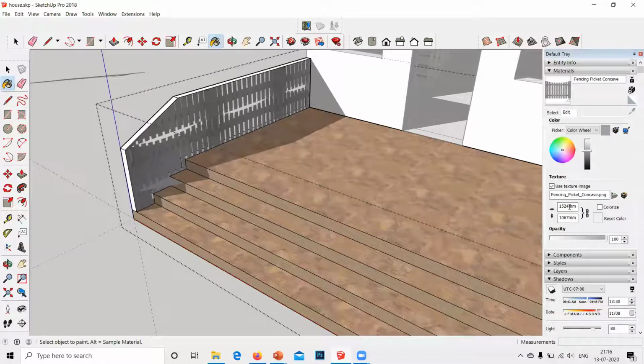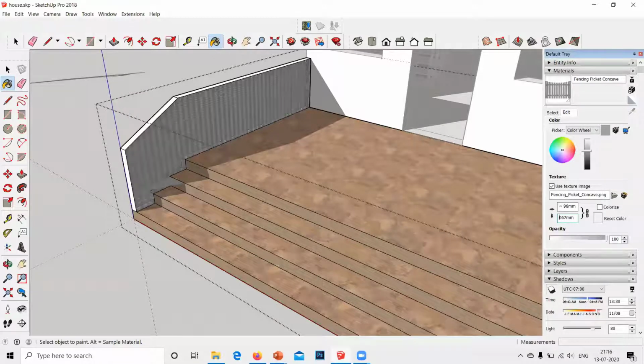Below this texture, I want you to come over here in this dimension part. In mine, it is written 1524 and 107. I'll just increase the height. I'll make it 2067. Okay, no, I'll make it 3067.